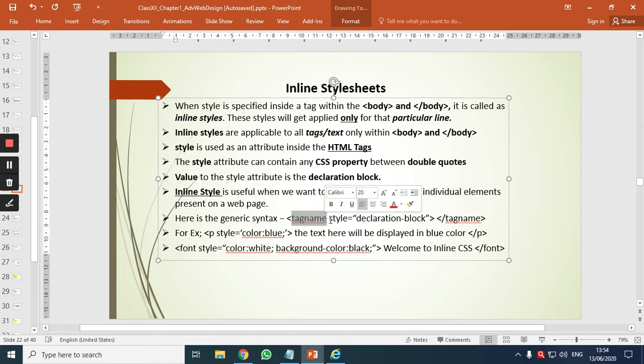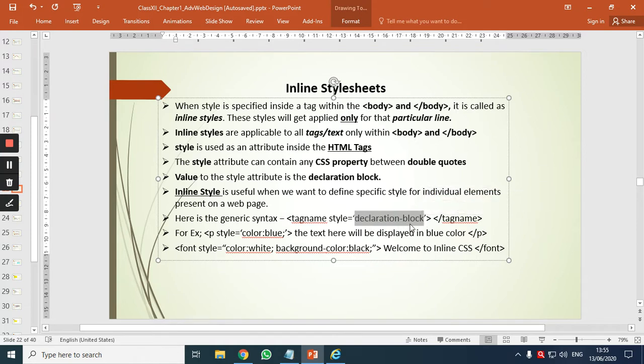particular tag, style as an attribute, equal to value. Value should be written either in double quotes or in single quotes. Instead of double quote, you can use single quote, but then it should be terminated with single quote. And what is the value for the style attribute? It is the declaration block.